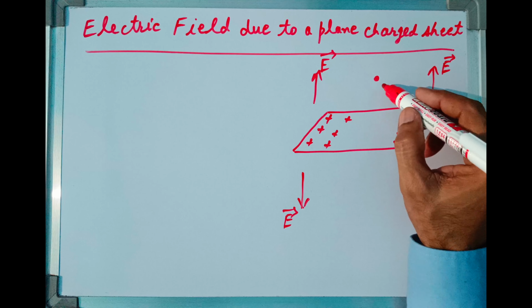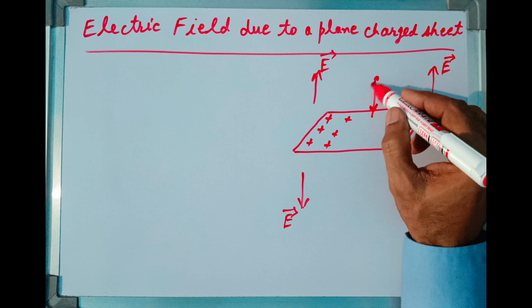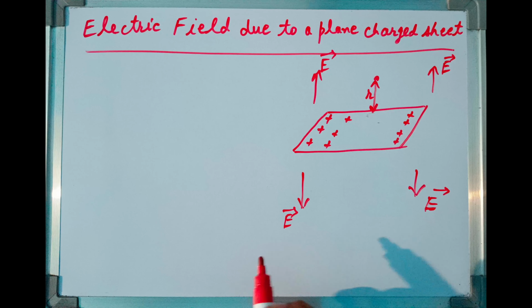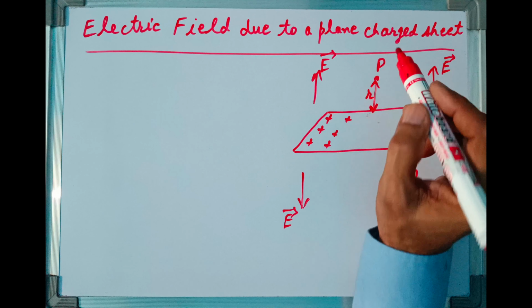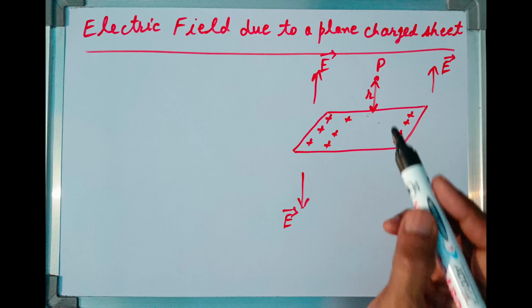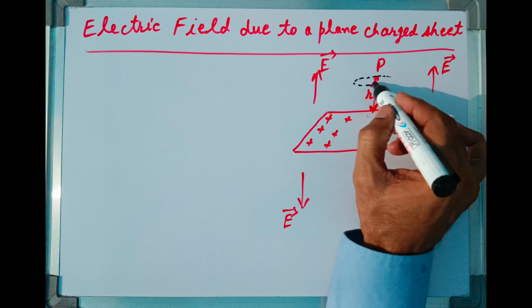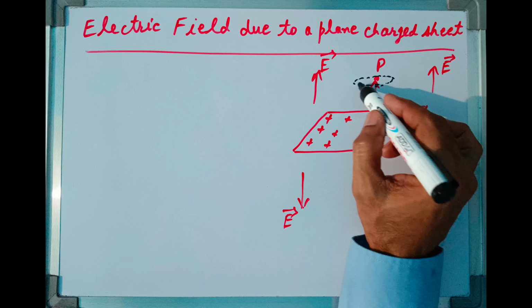from the sheet. Suppose the distance is R. Question is, what is the magnitude of electric field at this point of observation P? This electric field can be found by using Gauss law. For applying Gauss law, we shall imagine a cylindrical shaped Gaussian surface passing through this point of observation